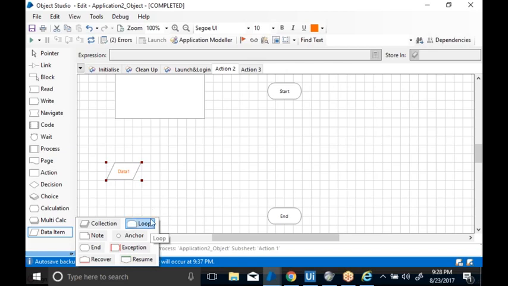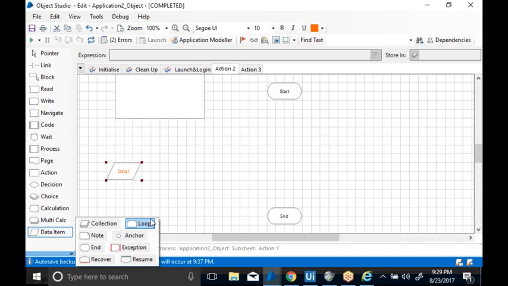Now again I have a loop stage. What is the use of the loop stage? The loop stage is not for creating loops, like the while loop and for loop you have in coding. The loop stage is used only to loop through the data inside a collection. If you have a single item, a single variable, you can use it directly. But a collection contains multiple rows and multiple columns, and you want to use the multiple rows item by item, one by one.